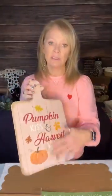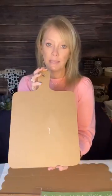Now, I will cover this with a piece of felt. I'm not going to do anything to it. I'm not going to sand it because it's going to be covered with felt, and it'll look really cute. We're going to paint this side. I'm going to paint it